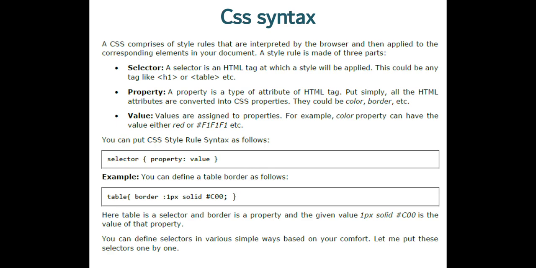You can define the selectors in various simple ways based on your comfort. Like that you can use any tags, any elements for the CSS, and any properties for your website development.